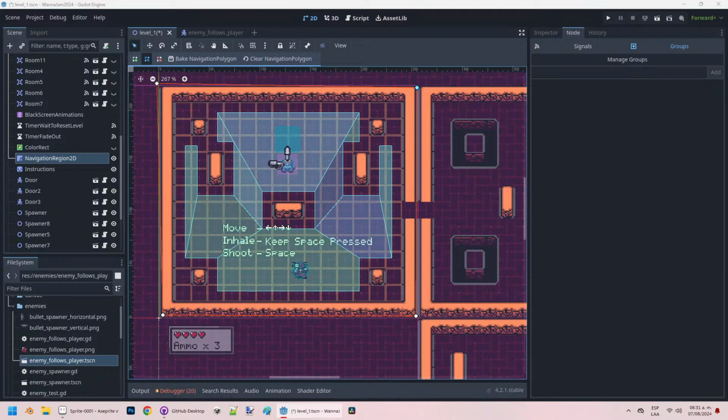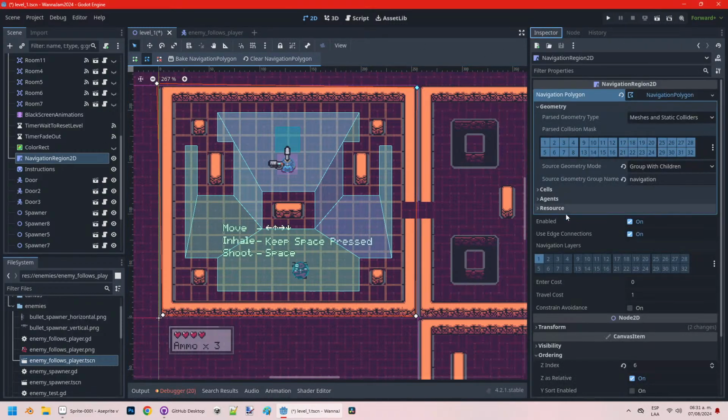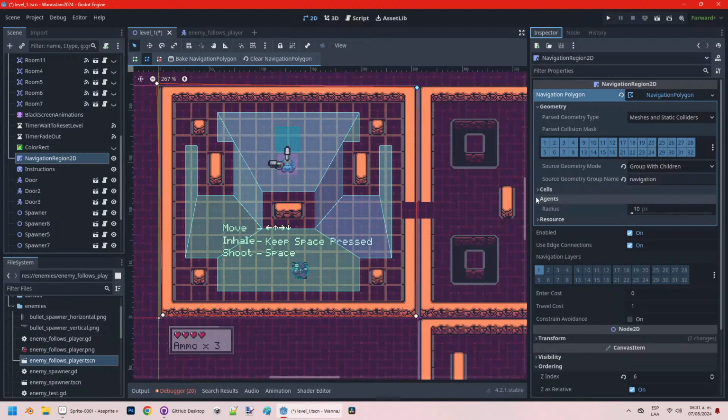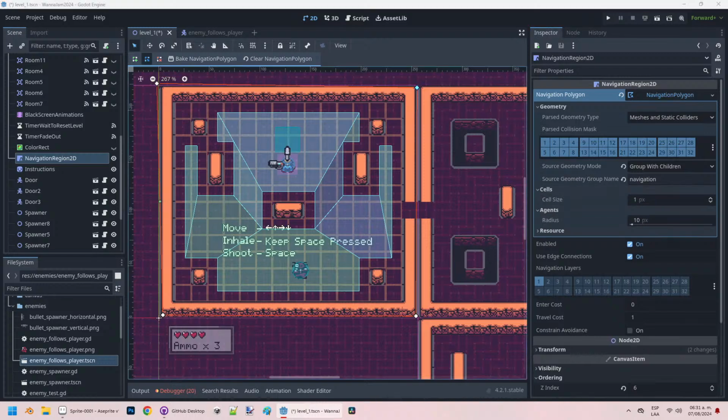Inside the navigation polygon, one important configuration we need to adjust is the radius. This tells us how much of a margin the nav mesh should have from the walls. If the margin is too big, we will have unwanted breaks like this. Setting this to 1 pixel, now the nav mesh will snugly fit in. But that is also not good. If the margin is too little, the chance of getting stuck in corners is very big. For tile maps, I found that